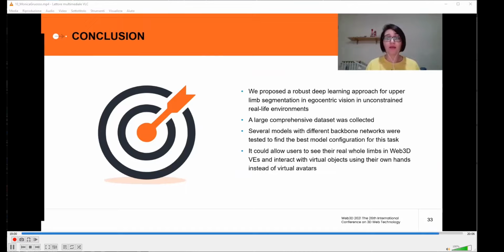We obtained good and promising results in the case of inter-hand and hand-to-object occlusion, in the case of variable lighting condition, skin colors, indoor and outdoor real-life environments. We collected a large comprehensive dataset to train our network and tested several configurations to find the best model for this task. It could allow users to see their own limbs in 3D virtual environments, and interact with